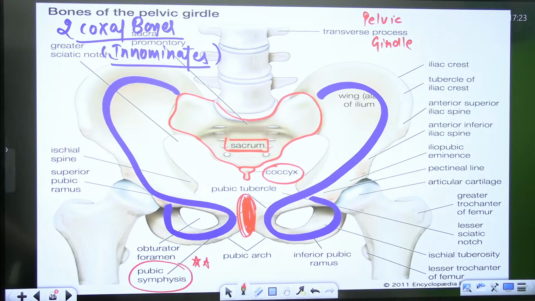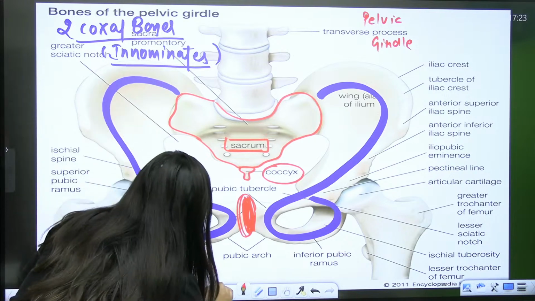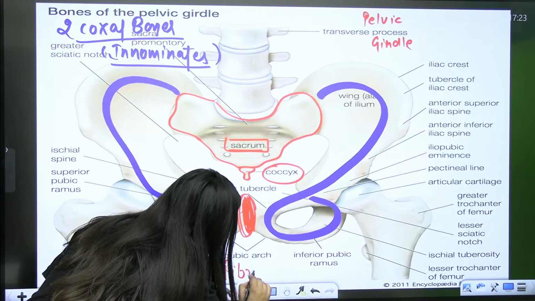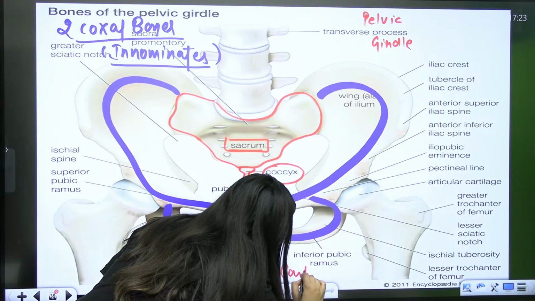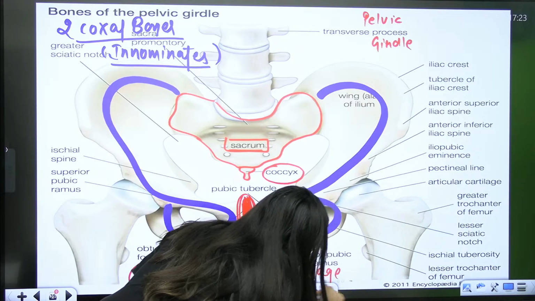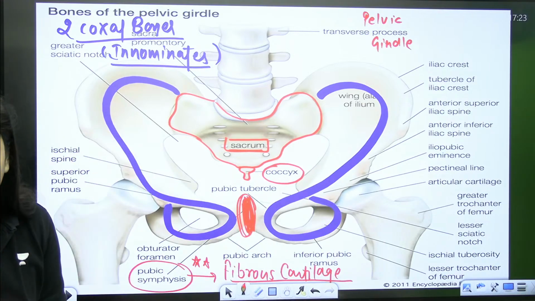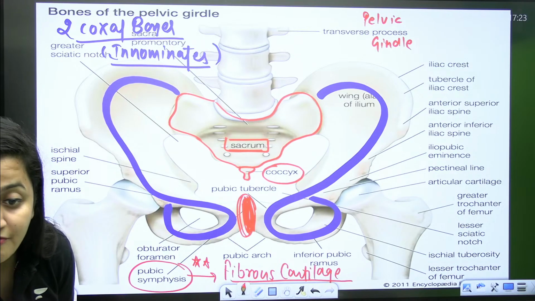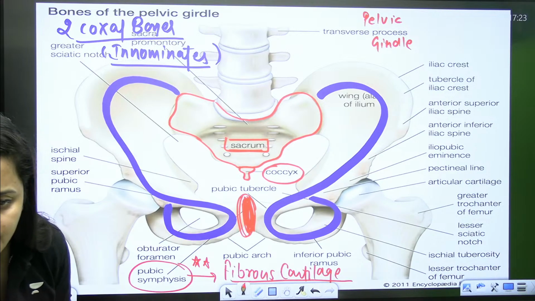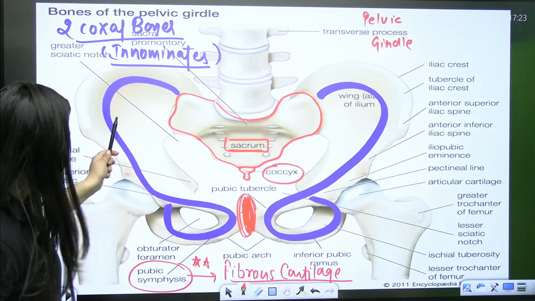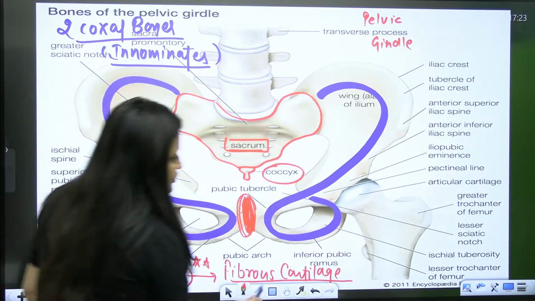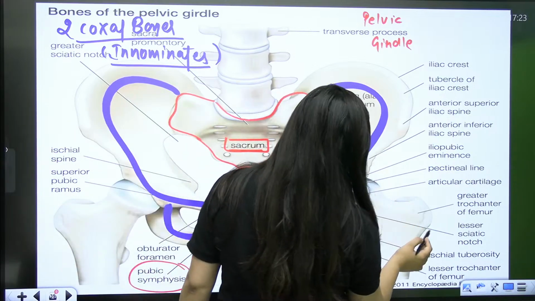So what does it have? It has cartilage. Which cartilage is there in the pubic symphysis? Another important question: the fibrous cartilage. Understood? So ileum, ischium, pubis, at their junction, you have one more thing that is known as